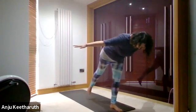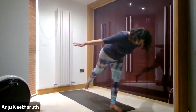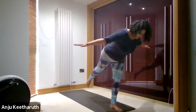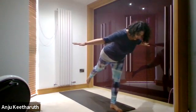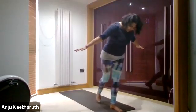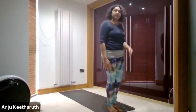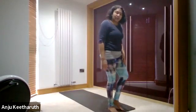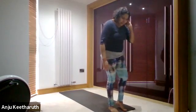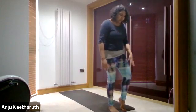So you don't have to go all the way. You can stay anywhere in this range that I've just showed, wherever feels right for your body. Keep making sure that the upper body is nice and strong. And then slowly coming back to where you started. Now we're going to go on the other side. So coming on the tip of your left